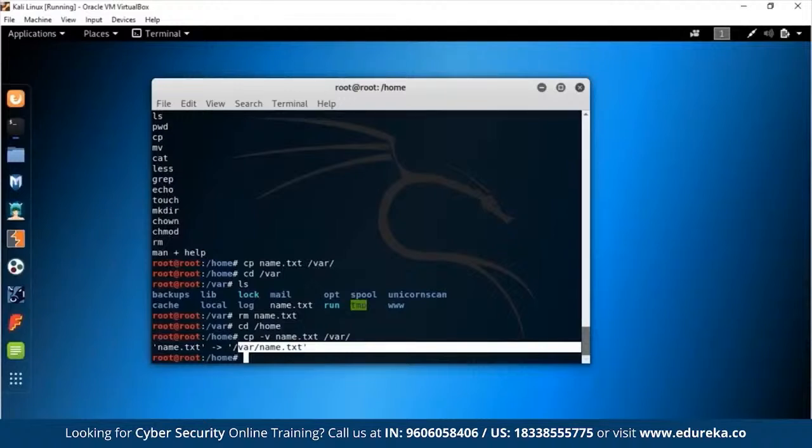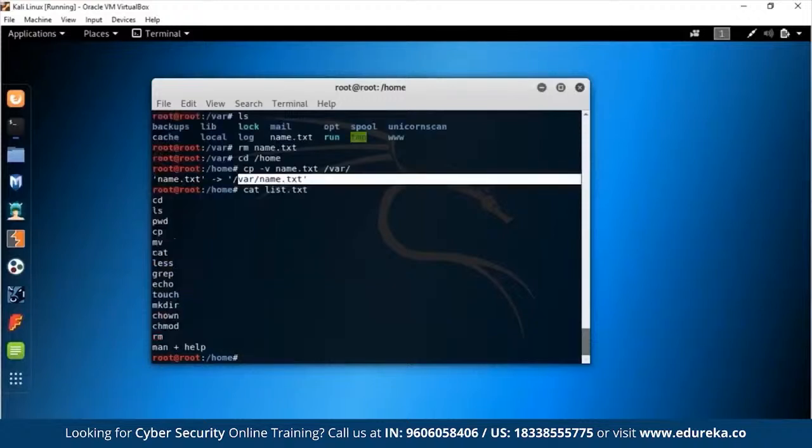Okay, so that was about how you can copy files from here and there. Now, what was the next command that we want to see? So cat. So let me go and see the next command that is there. So list.txt. So after cat, I want to show less. Okay, so we've done cp. We also have to do mv.